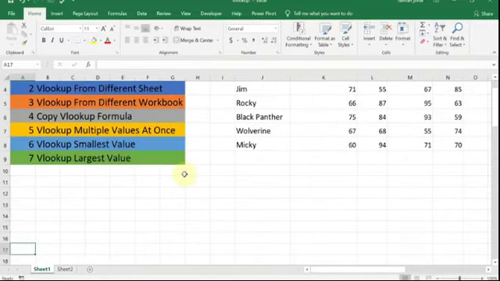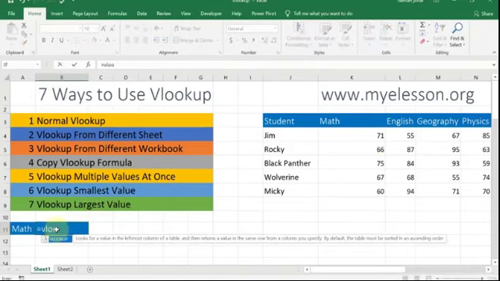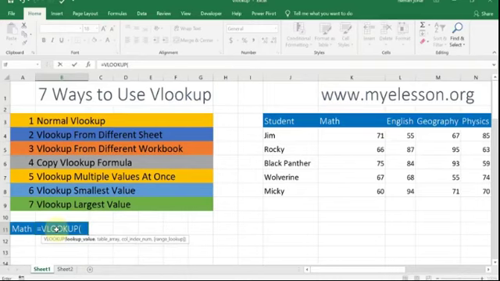Now similarly, you want to find the smallest value. So now I'll tell you how to look up the smallest value. For example, we want to find out the least number of marks that anyone achieved in maths. So we know the answer is 60, all right, out of these students. So if I want to do it using VLOOKUP, I'll type in is equal to VLOOKUP, lookup value.